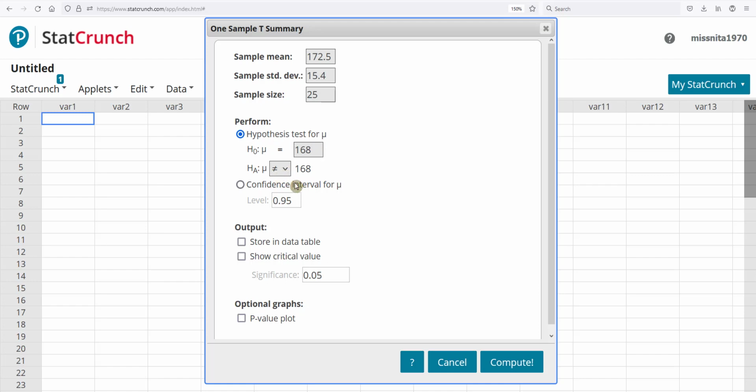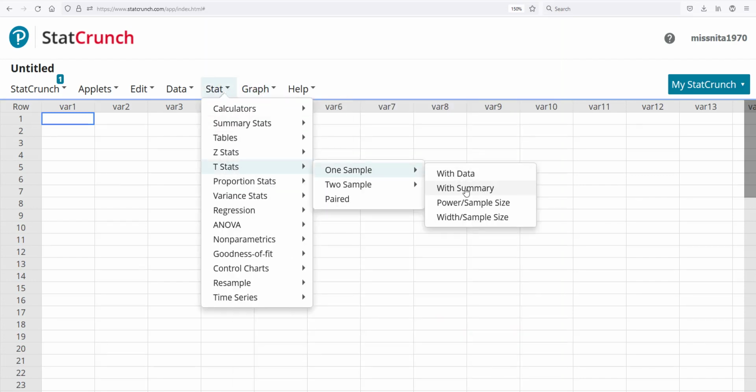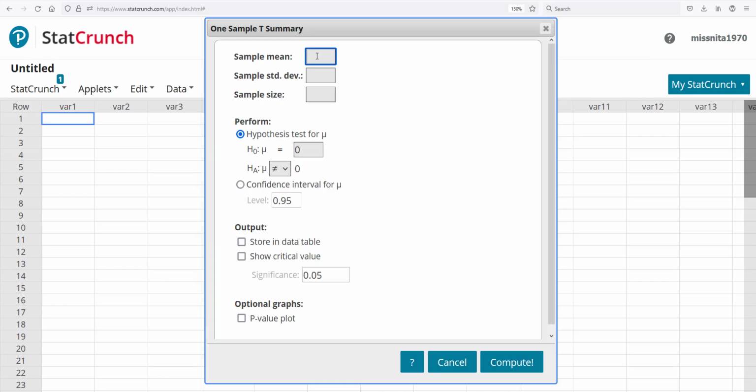greater than, less than. Actually, it's not working for me. Let me close it out and see if I can do it again. Right now, we're only doing two tails, but you're able to change that box. Still not working, but anyway, I'm not going to worry about it right now because I'm not doing those types of tests right now. But if you click on this, you're able to change it to less than or greater than, depending on the test. But since it's a two-tail test, we only have to worry about the not equal to symbol, and that's what we have here. So we're going to hit compute,